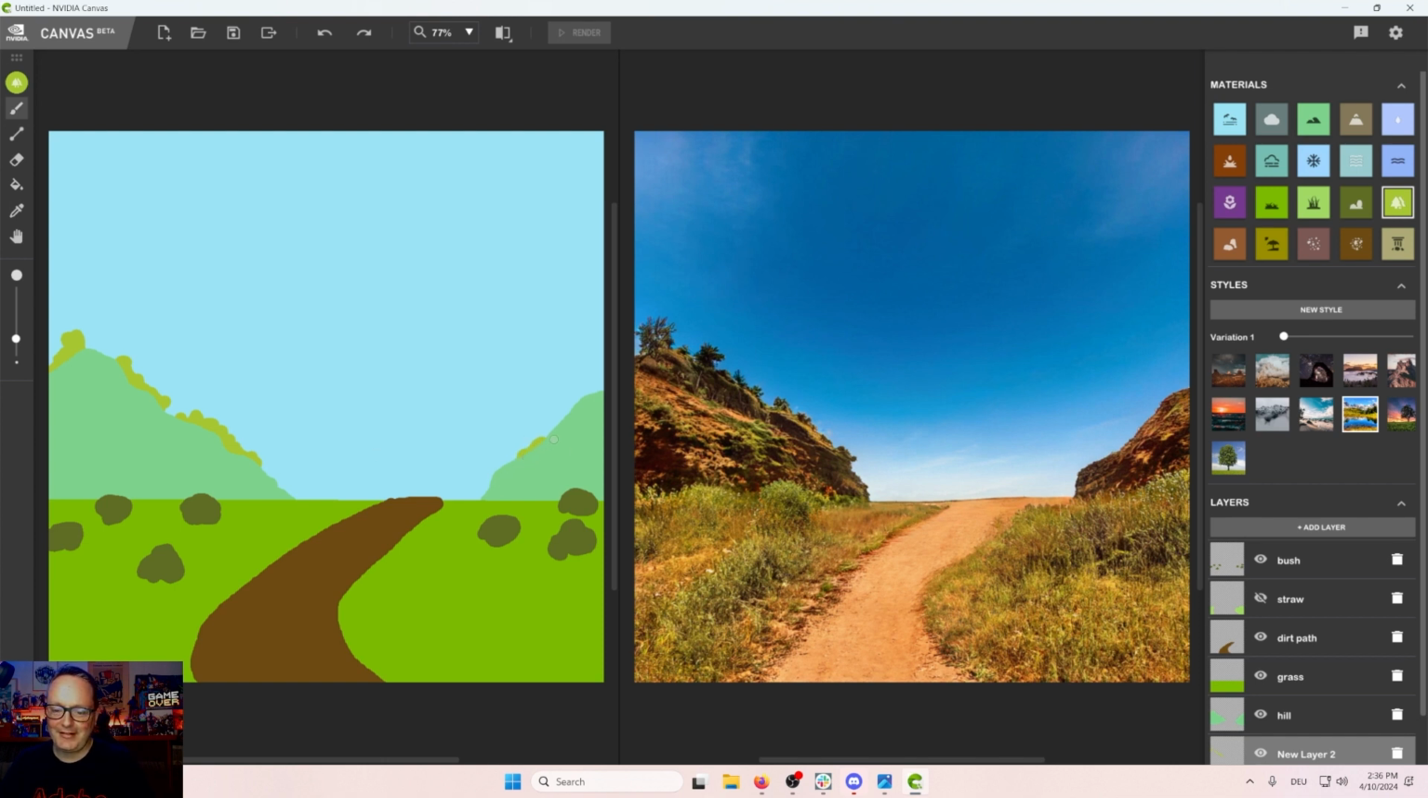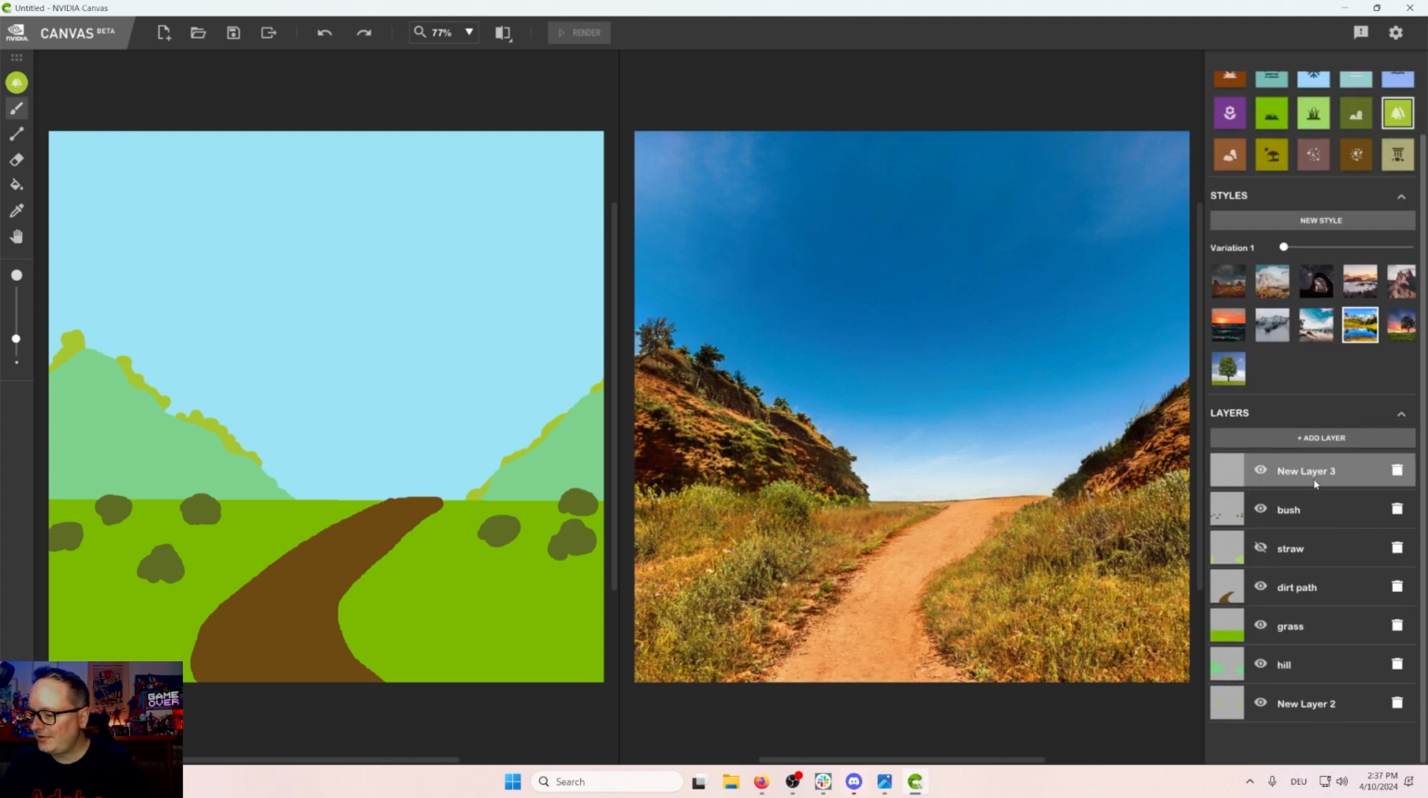It's interesting how it's going. I do kind of think that's kind of neat. It looks like a path, so we got that. Let's add another layer. Maybe let's take this layer down below, in between, and do some